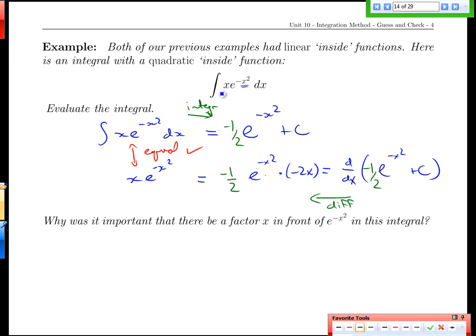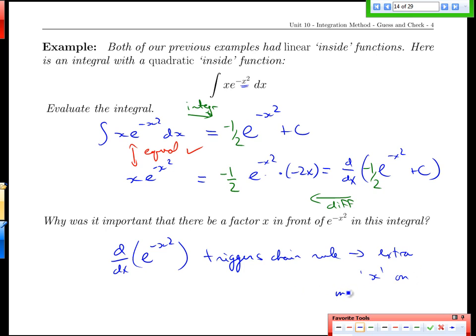Notice how crucial it was that this integrand be somewhat complicated, that it actually have this x along with the e to the negative x squared. The reason we need that is that the derivative of e to the negative x squared triggers a chain rule. And the chain rule, which spits out the derivative of the x squared here, produces an extra x on the product, the numerator, of our function. So we get an extra x out front. If we didn't have this x out front,